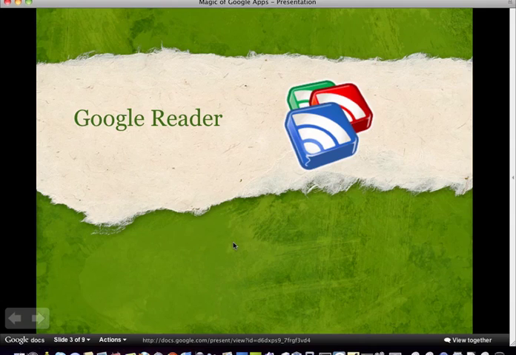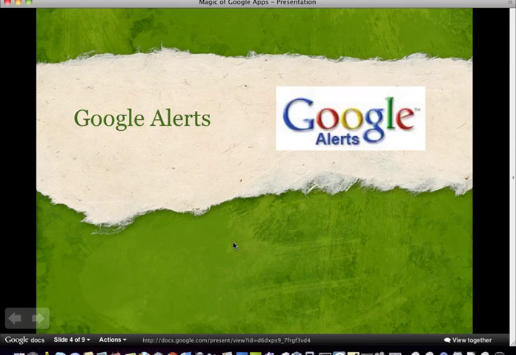We're going to talk about Google Reader. How many of you in the morning start your morning off by reading a bunch of websites? You open up maybe 10 or 15 links and go and view the same websites all the time. What Google Reader does is it provides us one location to go to, and all the new content shows up in that place, rather than having us search all the different sites we'd like to visit.